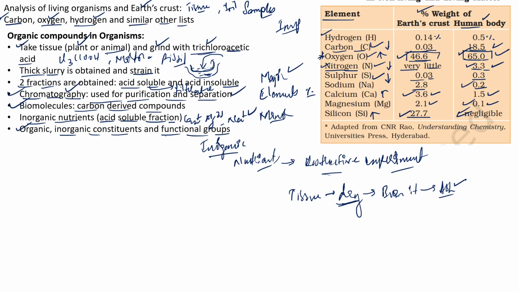For example, the functional groups we mainly use for classification. We try to determine the functional groups from the chemistry point of view. So here we are mainly concerned with the functional groups, right? But from the biology point of view, we just classify the biomolecules